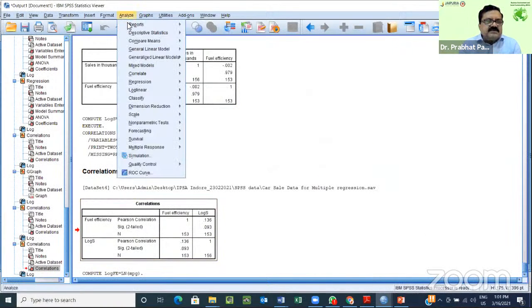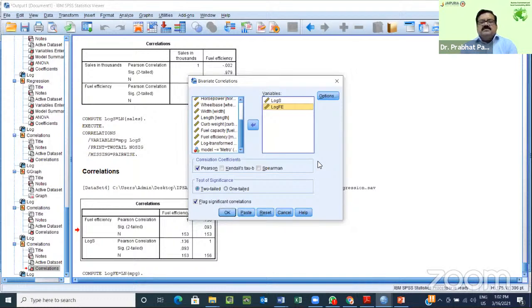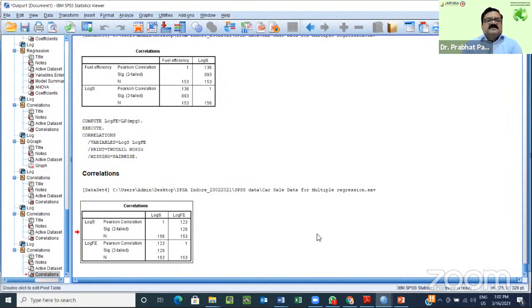Now we find out the correlation. So log sales versus log fuel efficiency, and say, okay. Interesting. 0.123, and now it has further improved, but still it is not giving us the desired result. So this means either we stop here and we say, fine, there is no correlation between fuel efficiency and the purchase. But in the second look,